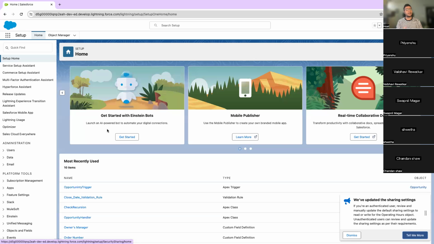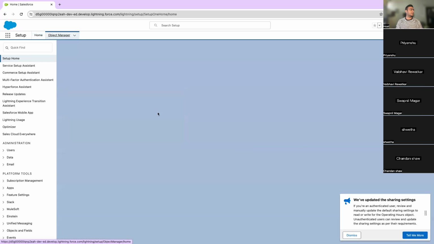Opportunity line items are not directly connected with account. So account is parent, opportunities are child of account, and opportunity line items are child of opportunity. And we'll have to roll up the opportunity line item numbers on account. So this is one level deeper. That is why this is known as the grandparent trigger. If I show you the object,